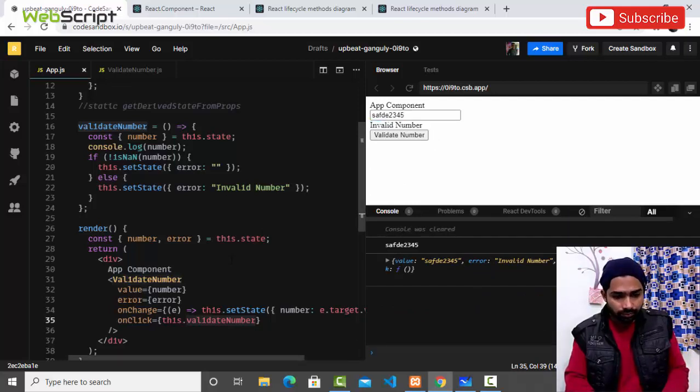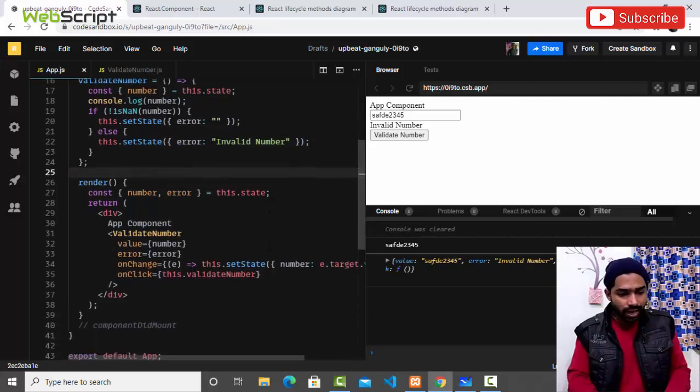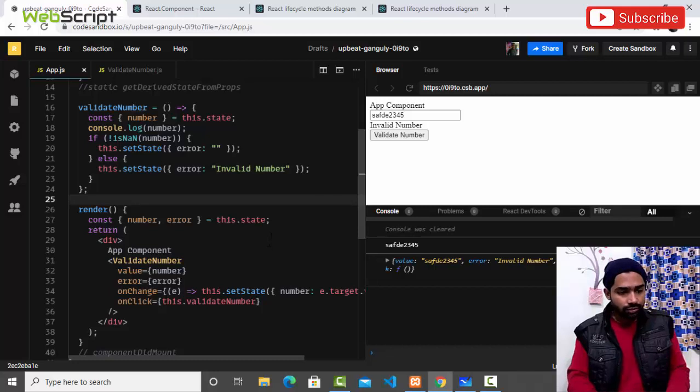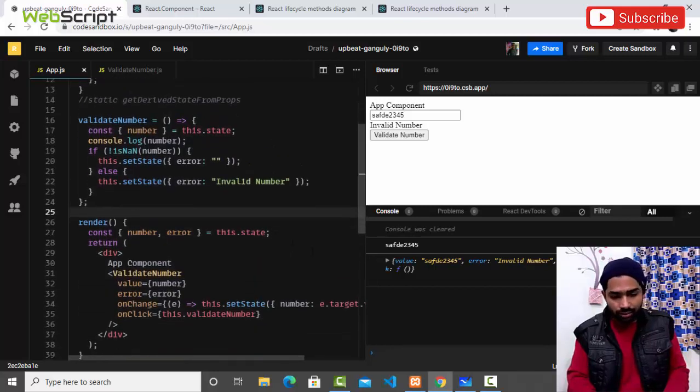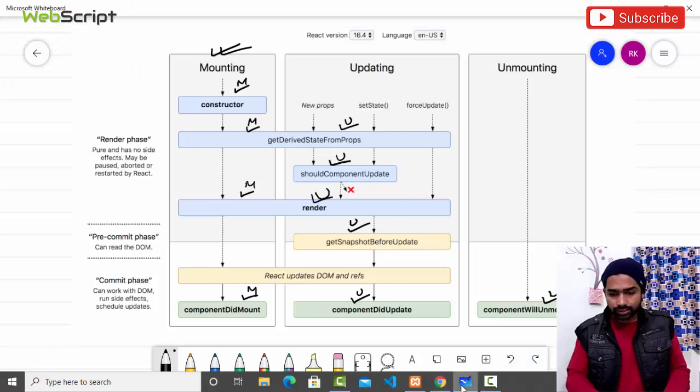That's because this is not a valid number. We have a checked condition, and based on that, if that's not a valid number, we are setting this error, invalid number, right? So what is happening over here? Till now everything is fine, right? We have used the render lifecycle method and we are displaying that. Now let's open our paint